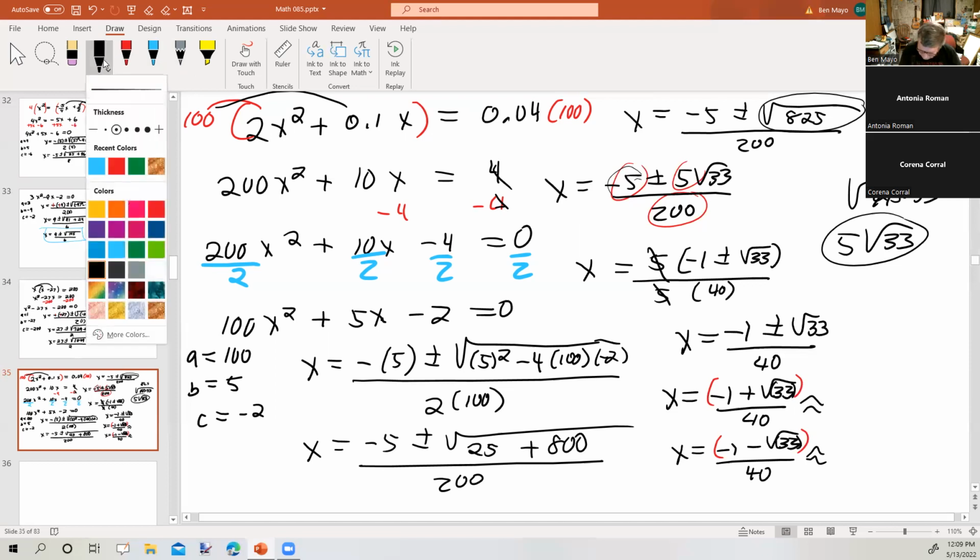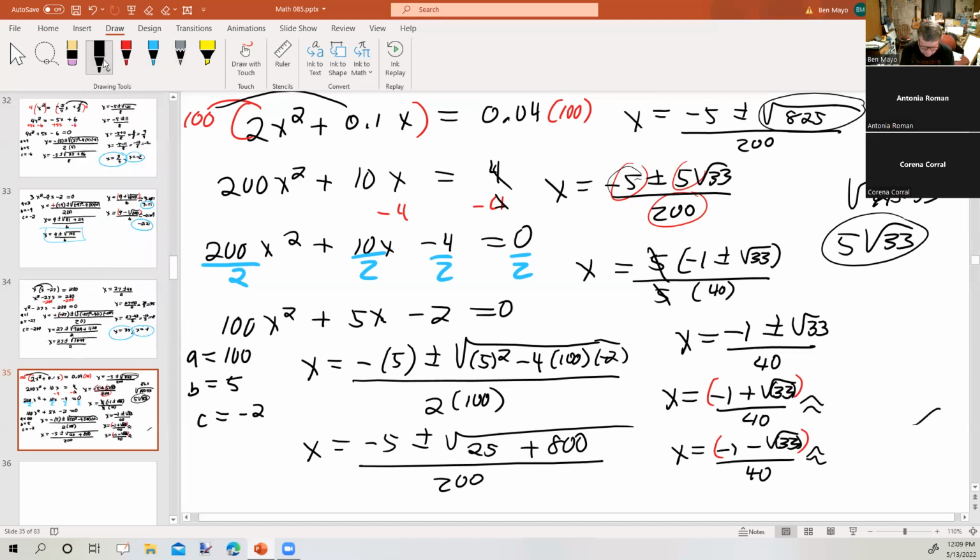All right. So first one, left-hand parentheses, -1 plus square root of 33, close up the radical with a right-hand parentheses, close up the whole thing with another right-hand parentheses, divided by 40, and I get